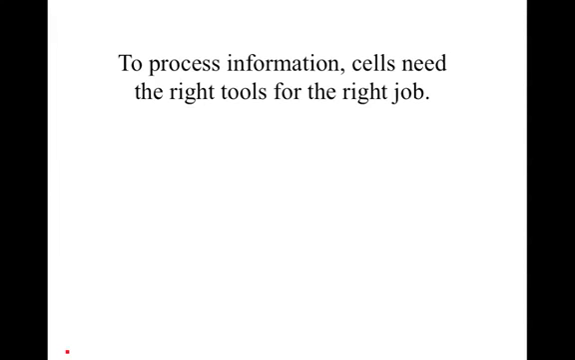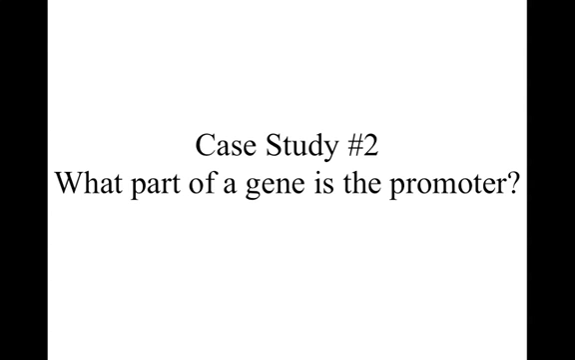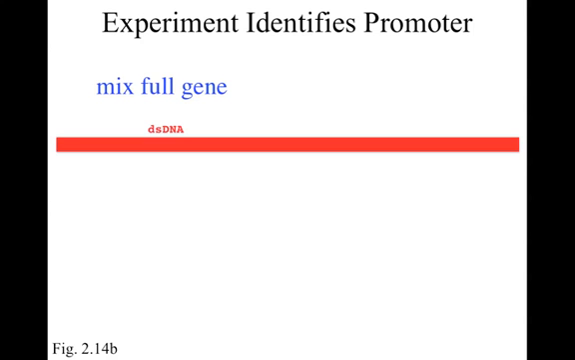To process information, cells need the right tools for the right job. Let's look at case study number 2, where we determine what part of the gene sequence actually is the promoter portion. We'll first look at the experimental design, where the investigators took a gene, a double-stranded piece of DNA,